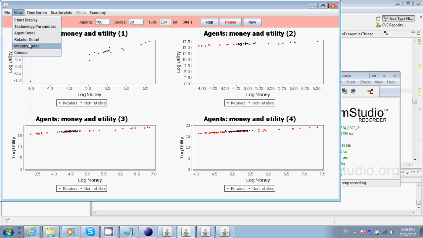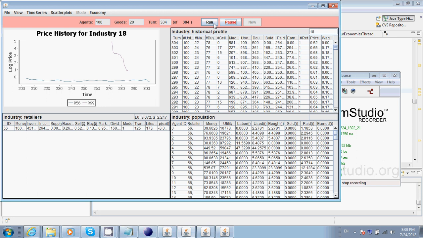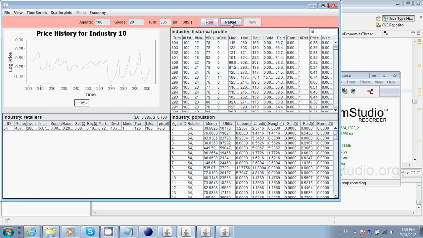We can look at it from the point of view of a particular industry. In fact, let's look through a bunch of these. So industry 10 in this economy is basically a monopoly. Nobody's even trying to challenge this guy. His price is actually, interestingly, a little bit unstable in spite of that. But